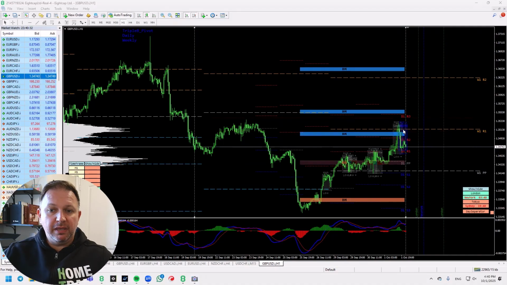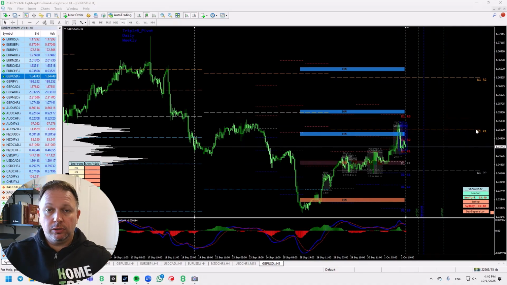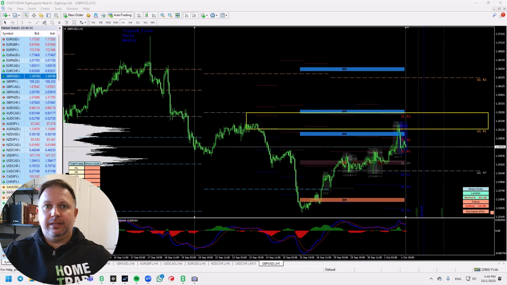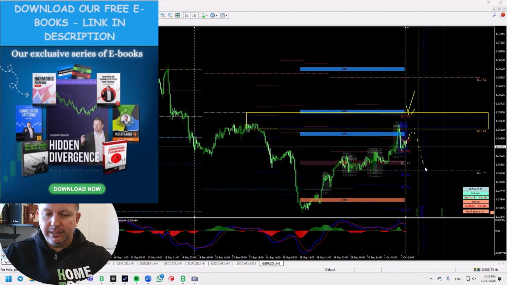Take a look at the pivot resistances. The white line here is the pivot from the previous week. This is the first resistance zone of the current week. We are now at that very area. This is a classical pivot-based zone. So the daily supply zone, the daily resistance, is here as well. So this is a very strong area, and any retrace closer to that zone, I believe, as long as the area holds,